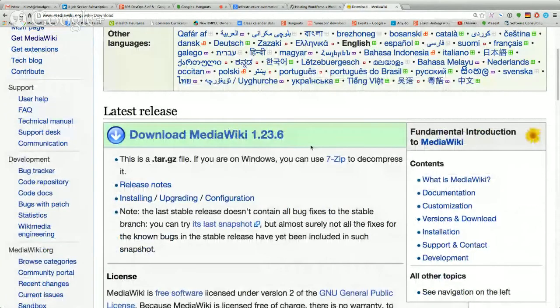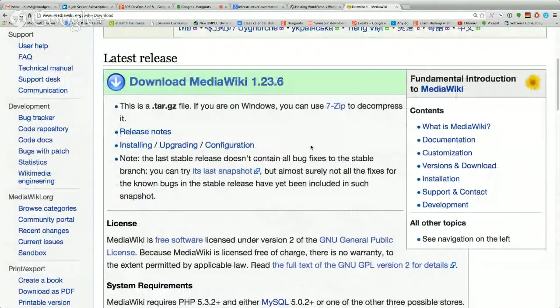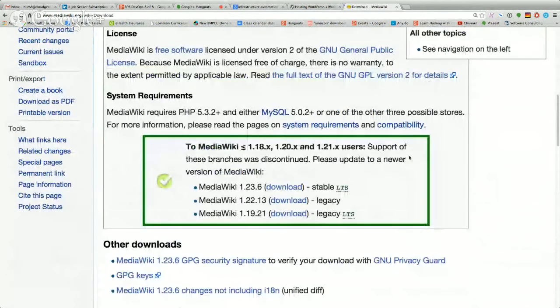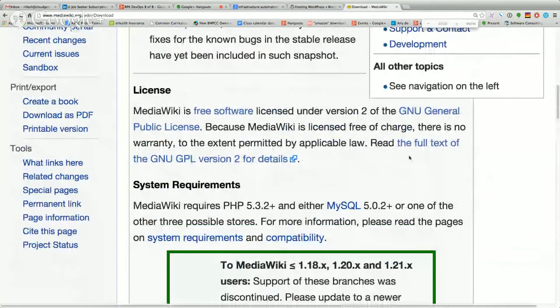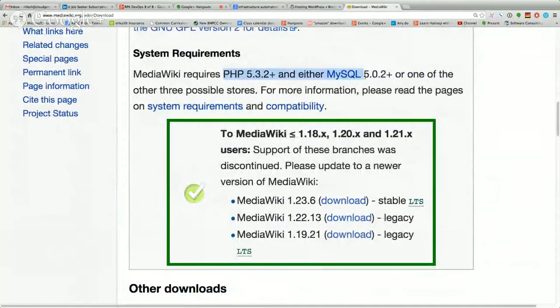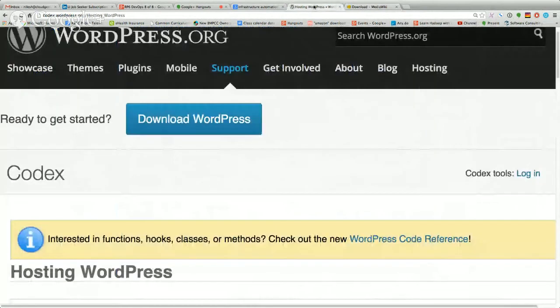Let's see what the requirements are. It requires PHP and MySQL. It is almost the same as what we had in WordPress. WordPress required PHP 5.2.4.